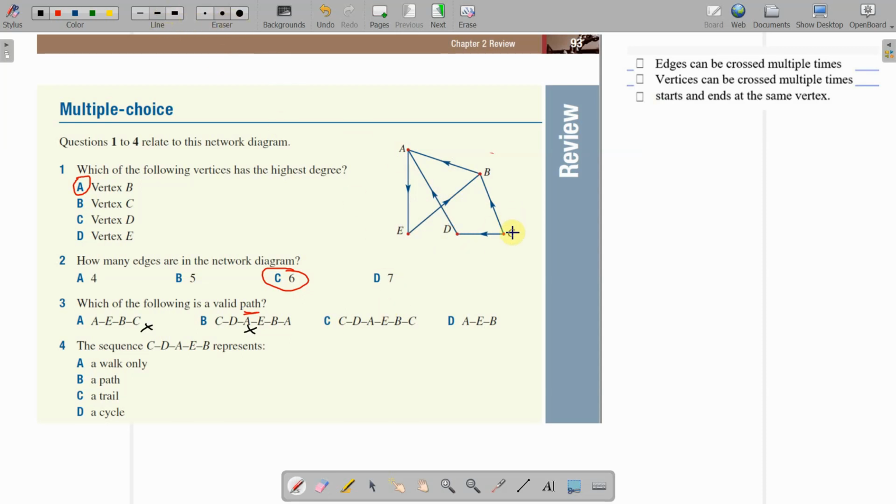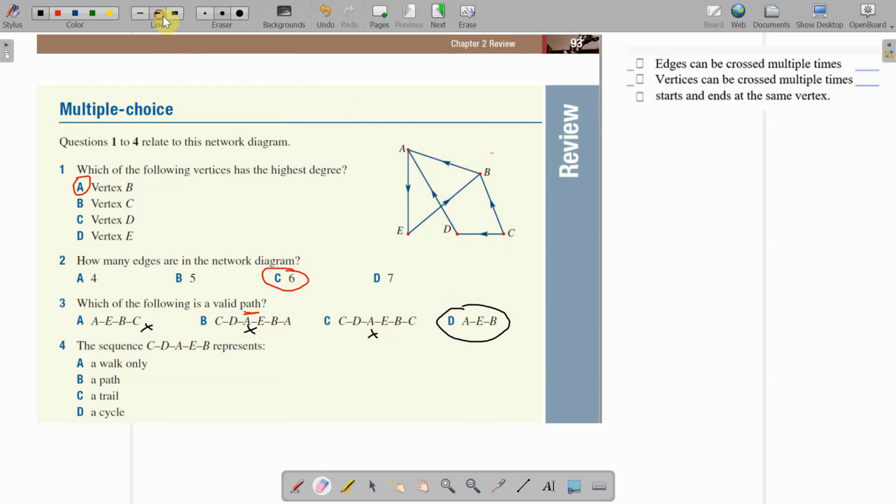There it is. So starting with C, goes to D. That's all good. D to A. Yes. A to E, so far so good. E to B, and B to C, again B to C is not possible. This goes against the direction. So the only one that's a valid path is D, but to make sure, just check,